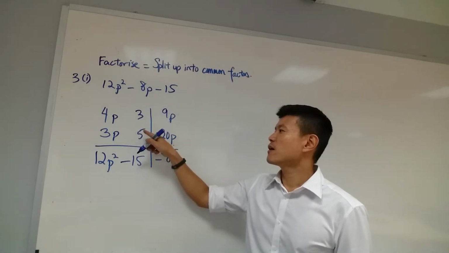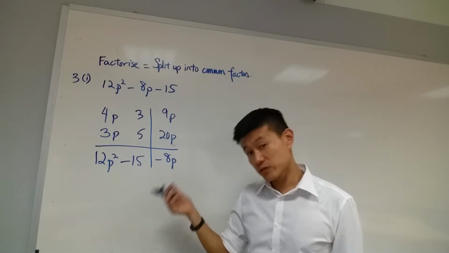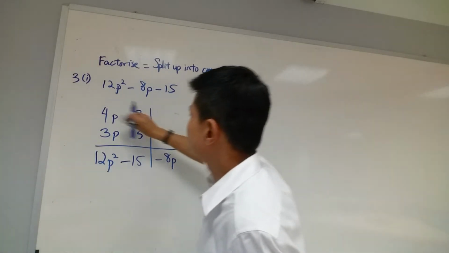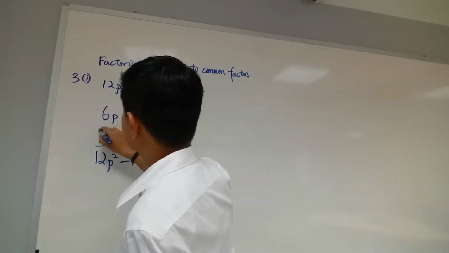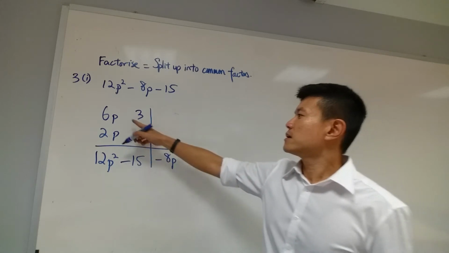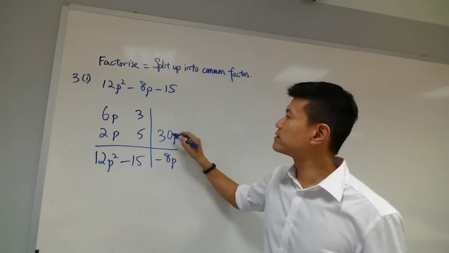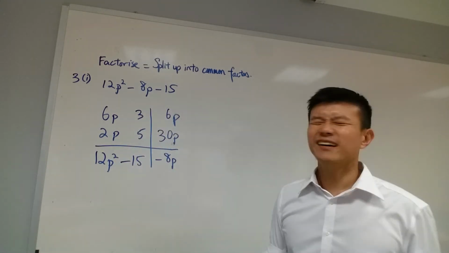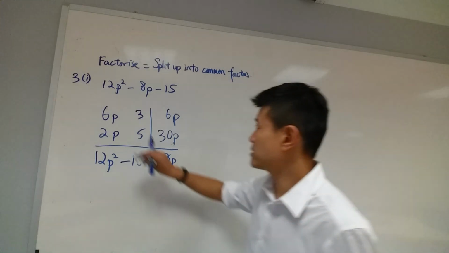Maybe what we should do is change the 4 and 3 to 6 and 2, perhaps. So let's try. Six times 5 is 30p, while 2 times 3 is 6p. Nah, that doesn't sound right too, does it? Let's try something else then. What about